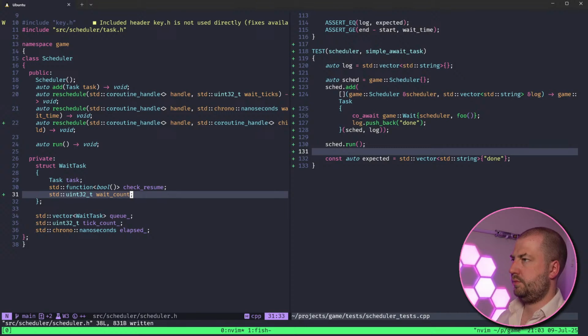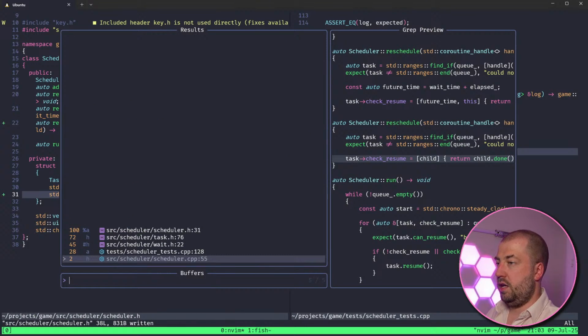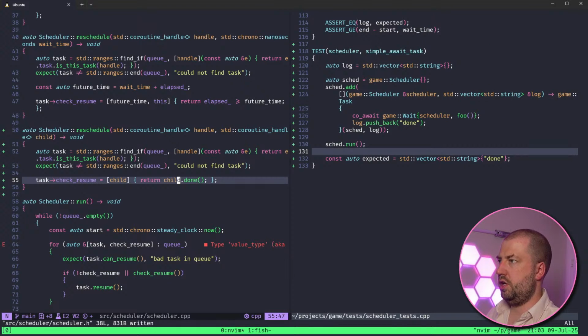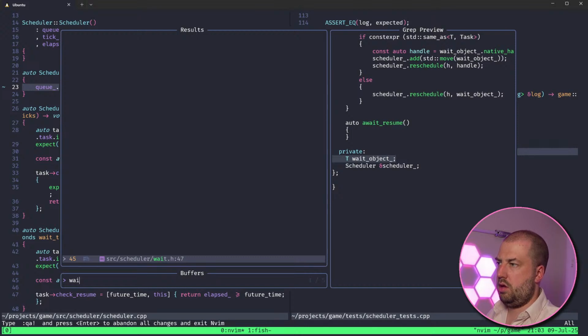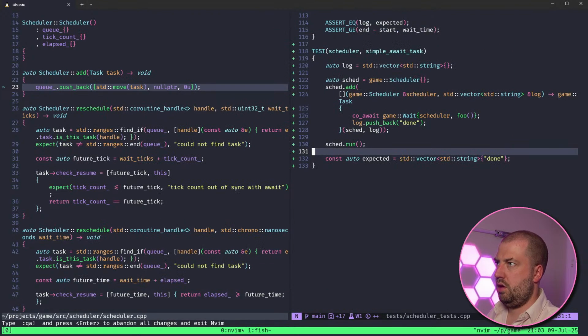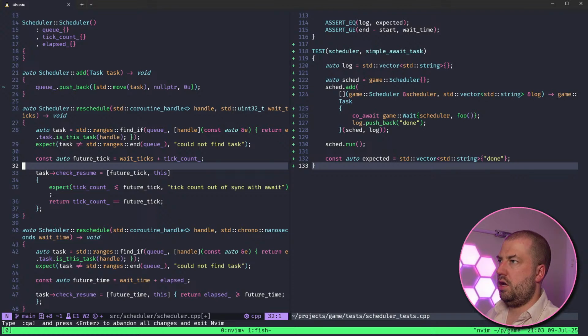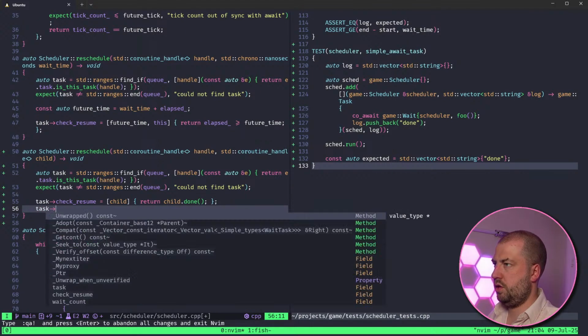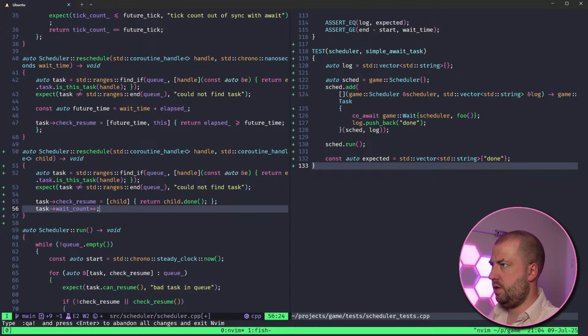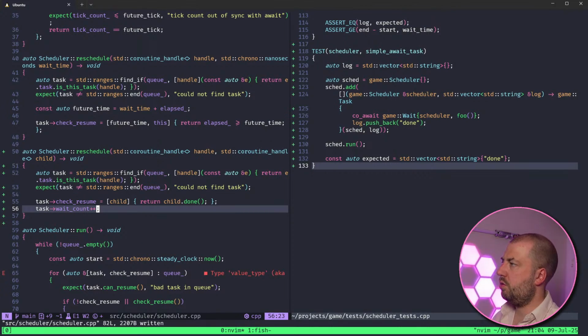Okay. And then into scheduler, when we reschedule something with this, we will do task wait count plus plus. Okay, so we'll increment the wait count.